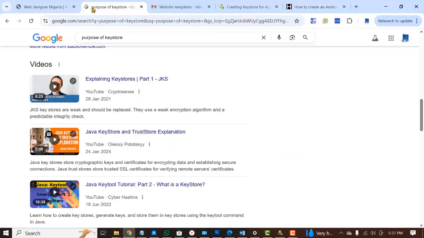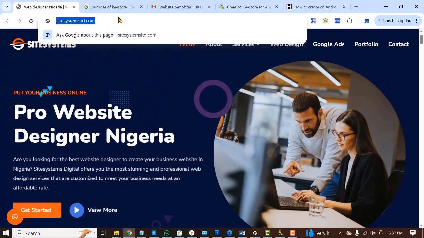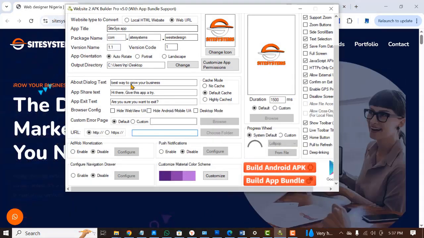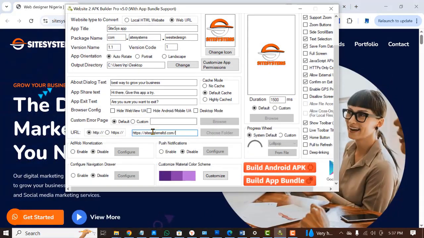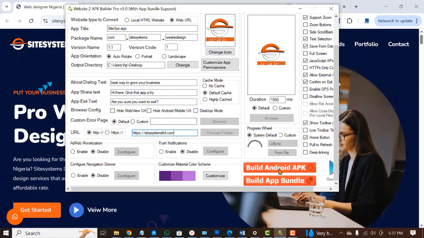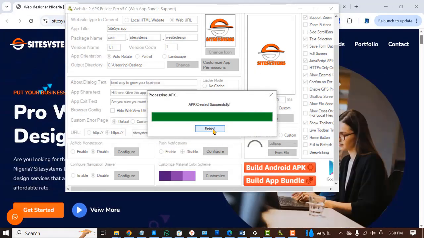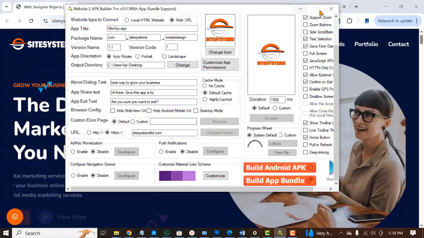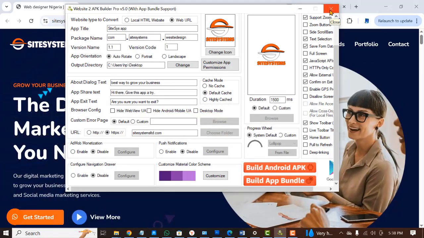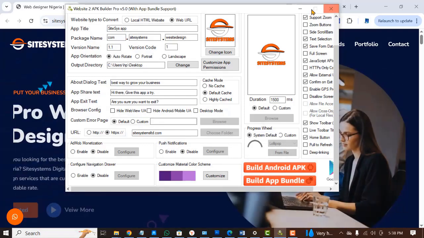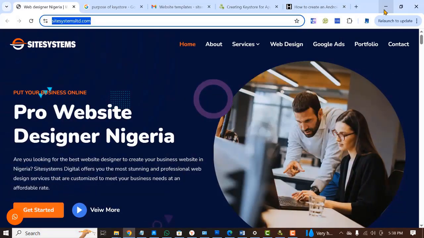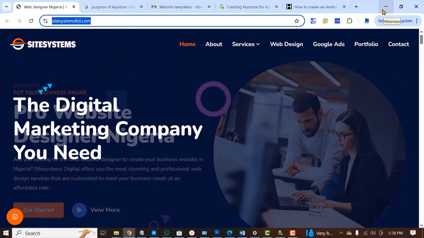Okay, this is my website, so I will copy the URL of my website here, and then go back to the software application and then paste the URL here. Okay, so once you paste the URL, you click on this build Android application again and click on OK. So once this is successful, you just click on finish. We now have two mobile applications converted. We just converted. Next, we're going to copy those two mobile applications into our phone and then install those applications